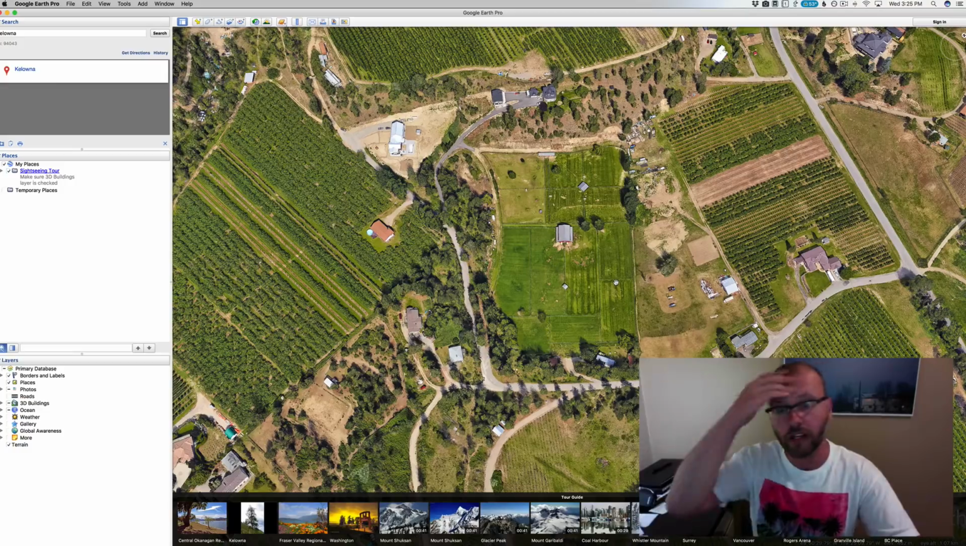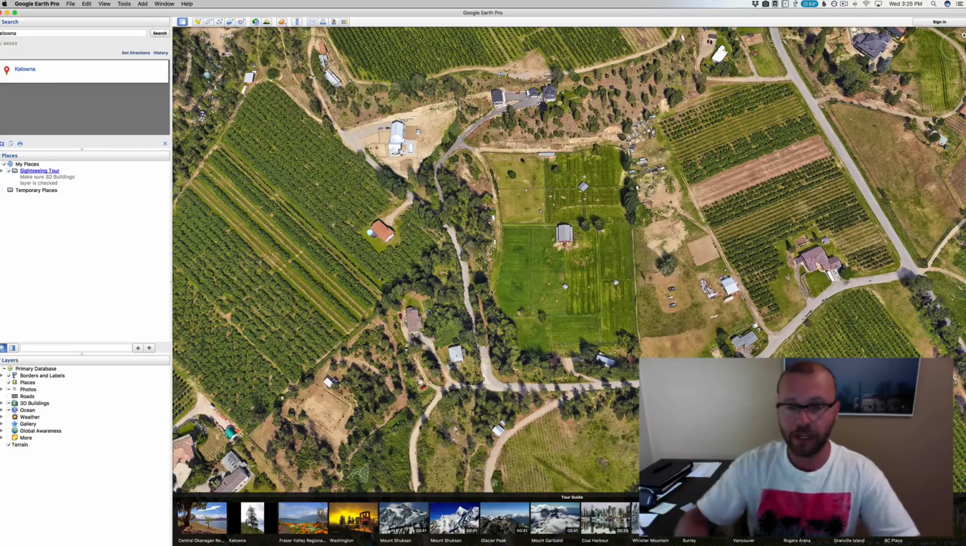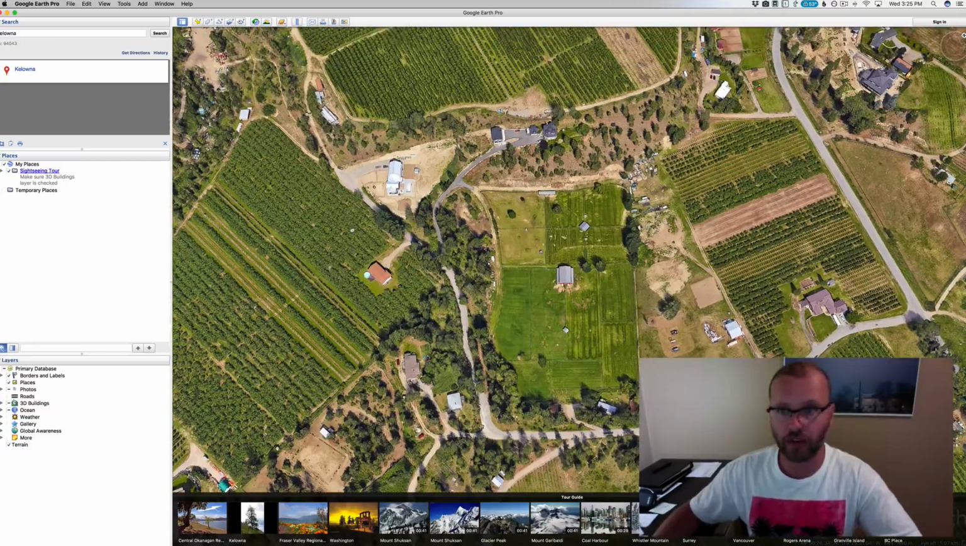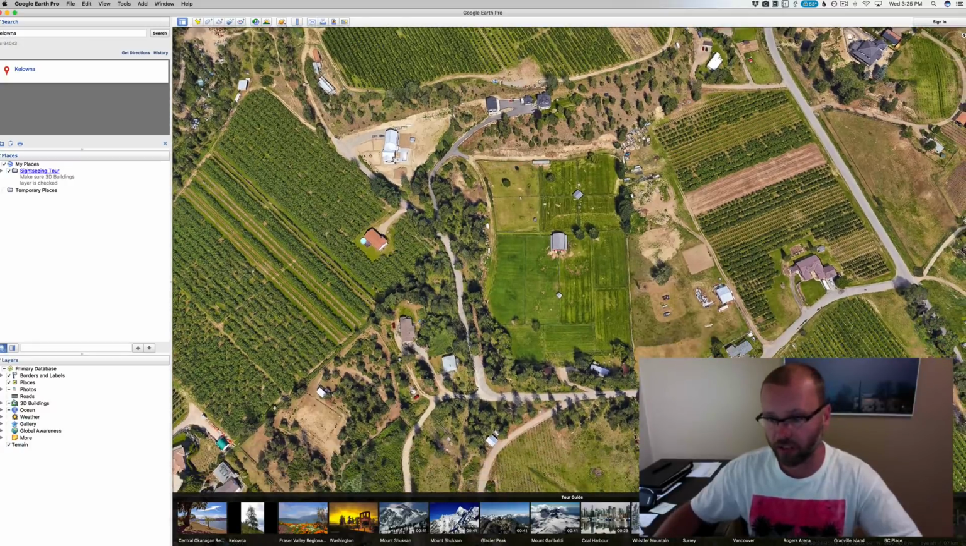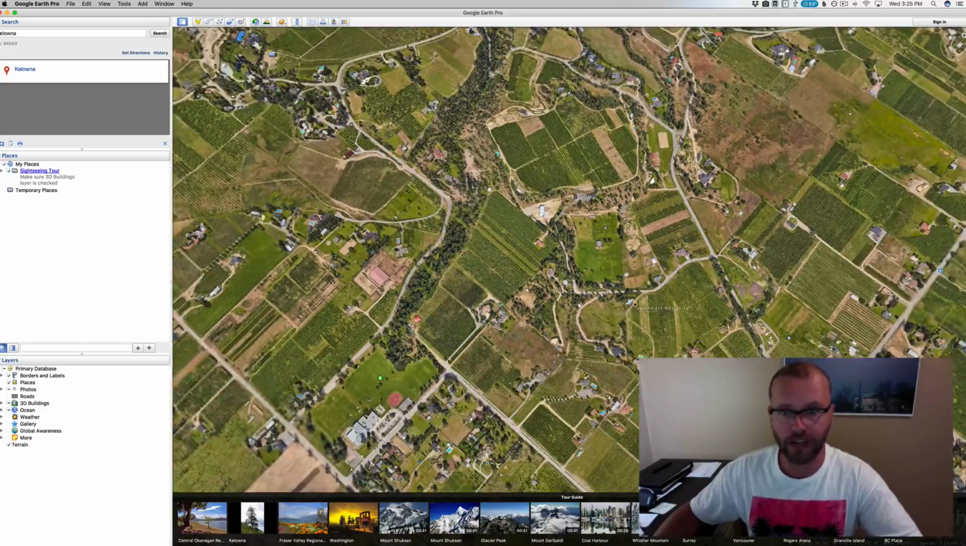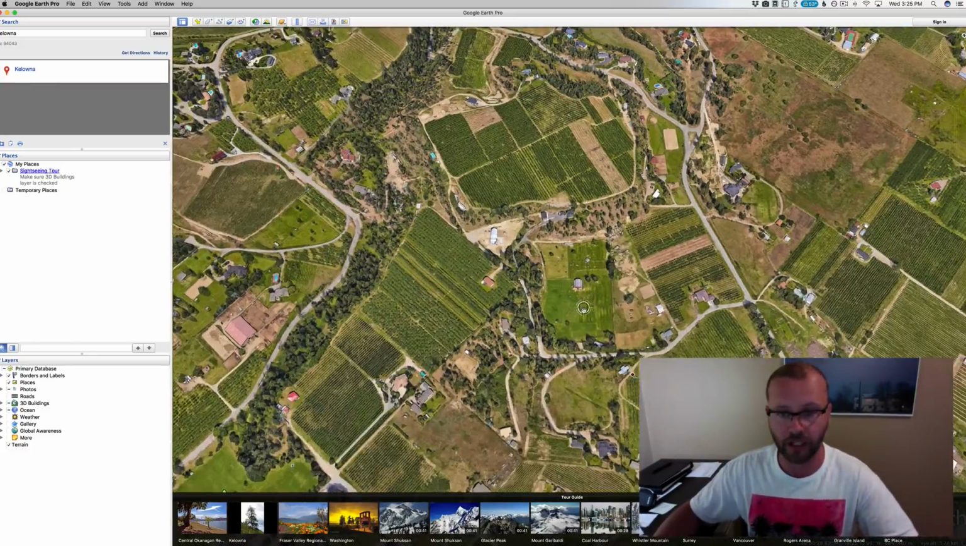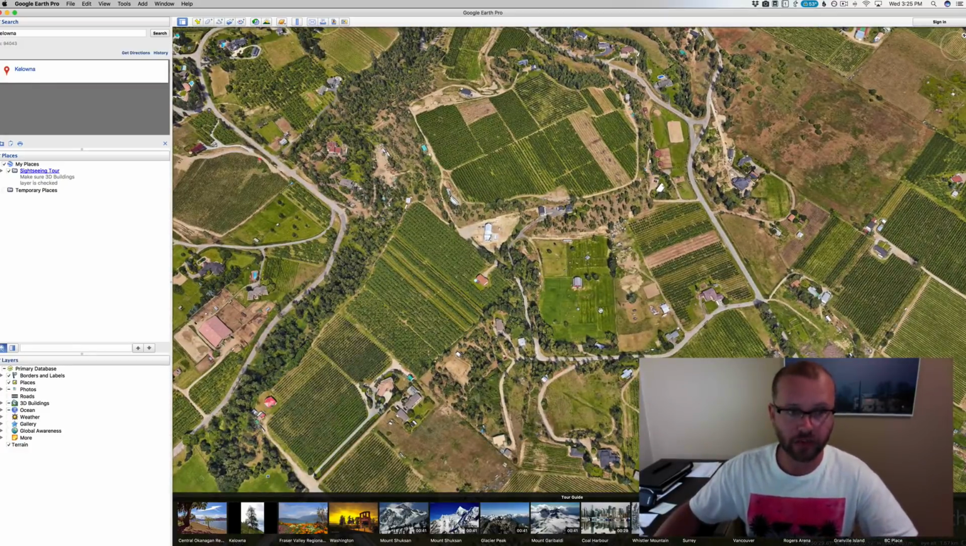So for one, we can see the aspect, which way we're orientated. We can see what we're surrounded by. Looks like cherry orchards. We've got some vineyard action over here. Kelowna is a very agricultural area, especially with stone fruits. Cherries are the biggest one, but then we do apples, and there are plums, apricots, pears,